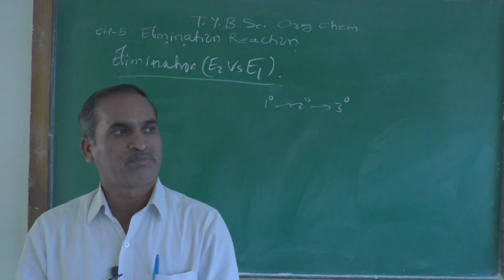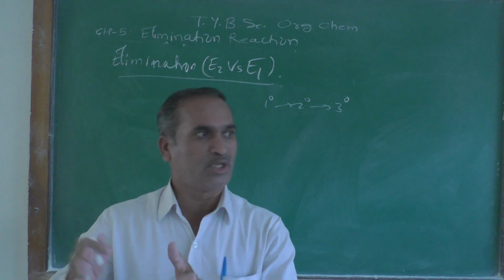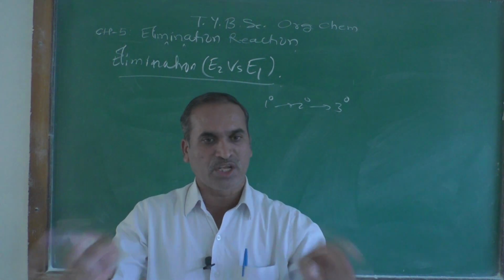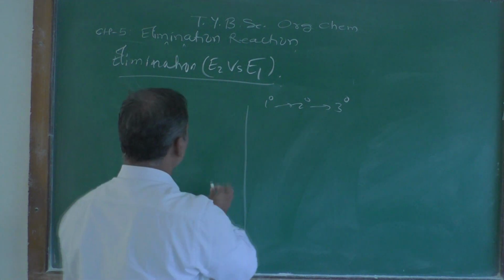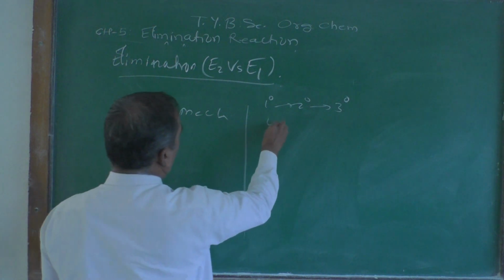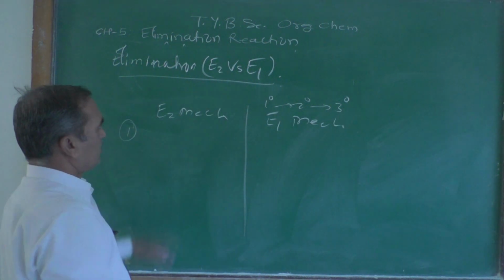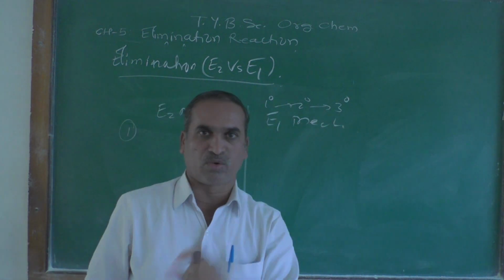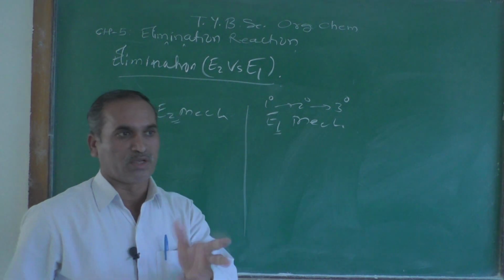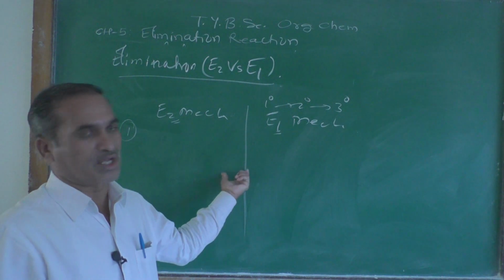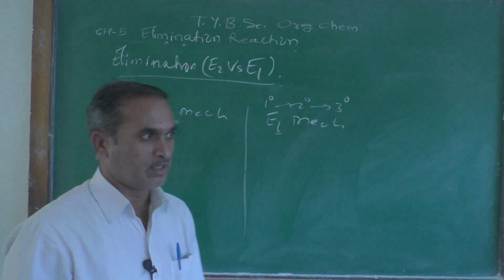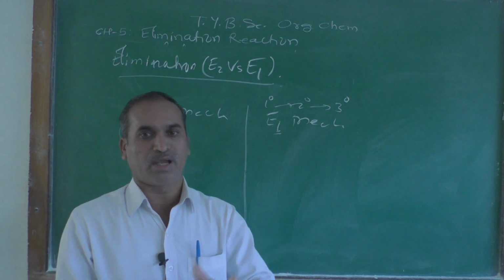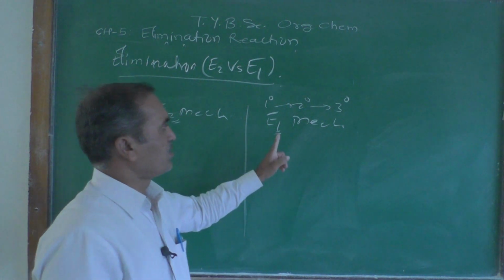And the last point remaining in this chapter is the E1 mechanism and the E2 mechanism. Similar to SN1 and SN2, we distinguish these two reactions, E2 here and E1 here. If you talk about the kinetic study, the first is a bimolecular reaction, the second a unimolecular reaction. Two indicates bimolecular, one indicates unimolecular. E2 proceeds through a single step, E1 via two steps. Here the transition state is formed, and it is a concerted reaction, because bond breaking and bond making take place simultaneously. But in this case,